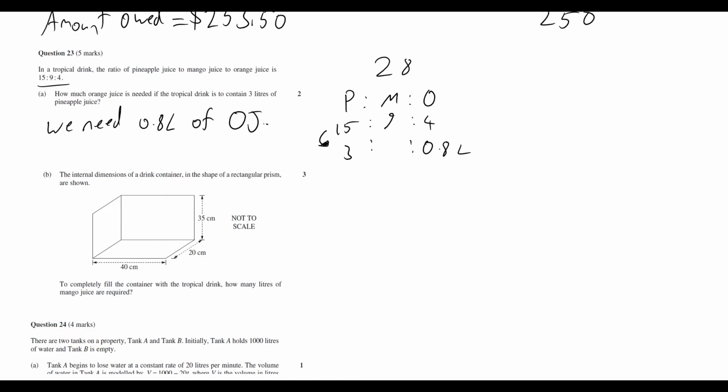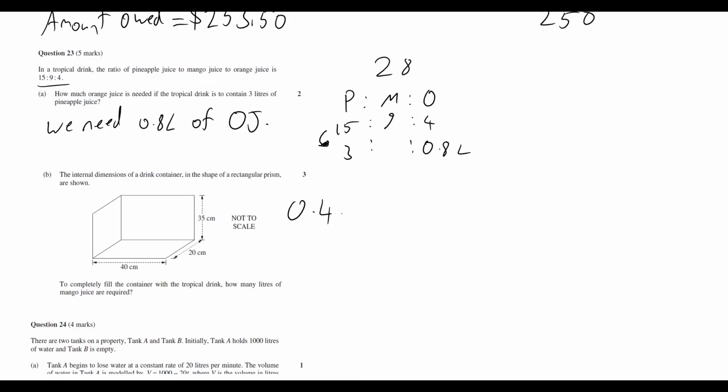The internal dimensions of a drink container in the shape of a rectangular prism are shown. To completely fill the container with the tropical drink, how many liters of mango juice are required? First, we need to figure out the volume of this container. I prefer to write these down in meters, just to keep things in SI units. So the total volume of this container is going to be